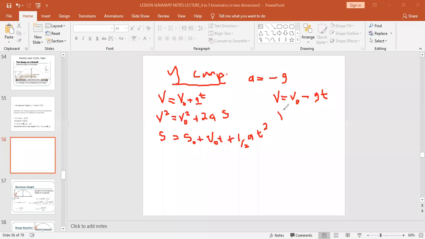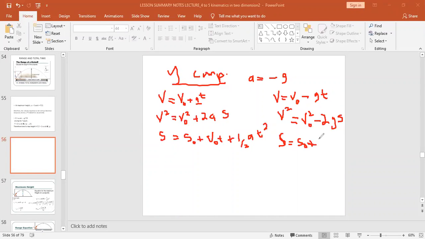Then the next formula will be V squared is equals to V naught squared minus 2GS. And then the second equation will be S is equals to S naught plus